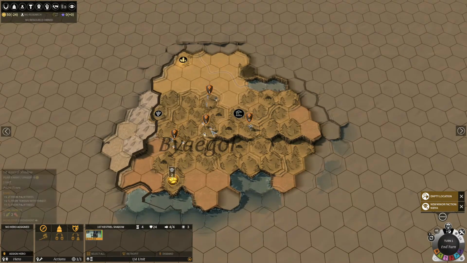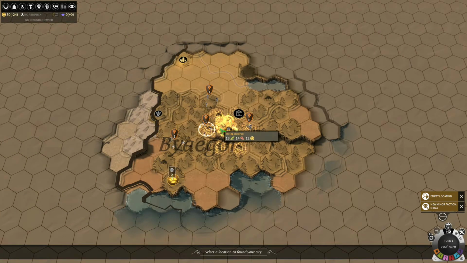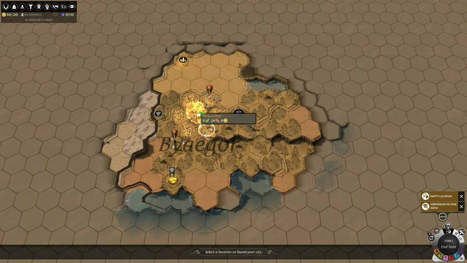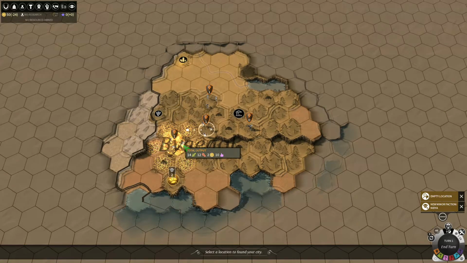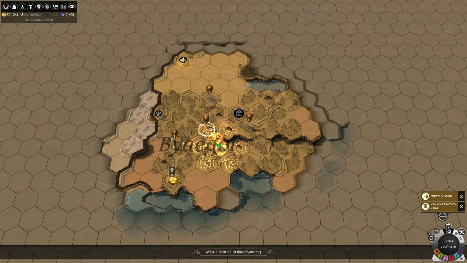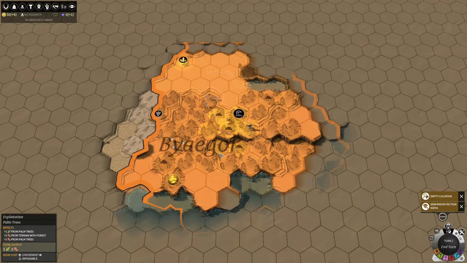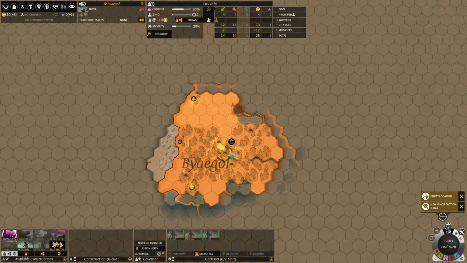Alright, now our settler. Let's see here. That's 13 food, 14 industry, and 12 dust. That's a pretty good amount of everything. I don't think we're going to find a better one. So this is a really good start, so I think that's where we're going to go. I don't think there's any reason not to. That's going to be a really strong